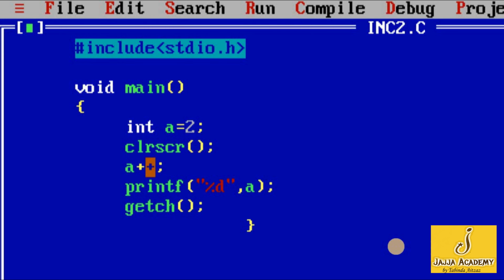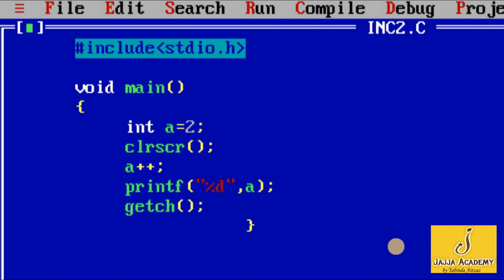a++ will increase the value of variable a, which is 2, after the execution of this statement. If I print the variable a, as in this statement, it must be 3. Now let's execute it by pressing Ctrl plus F9. Here you can see the output of variable a, which is 3.